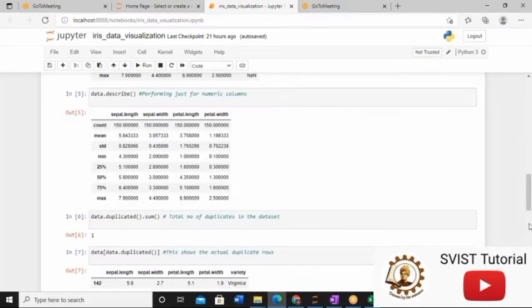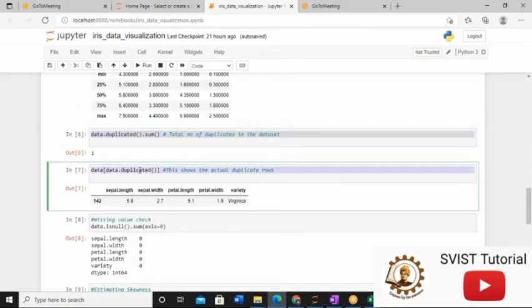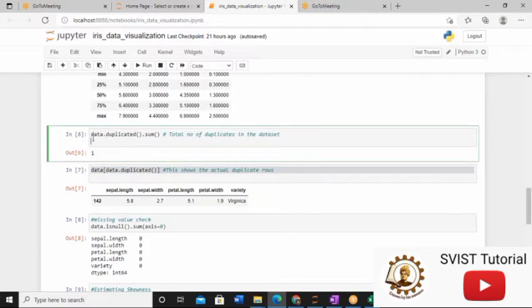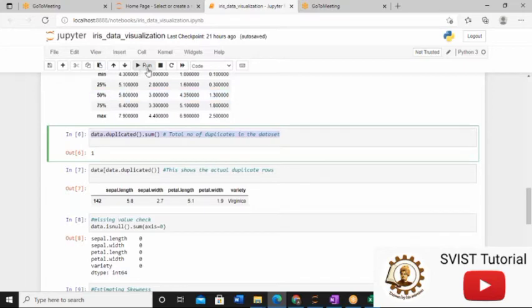Now we have some more discussion about this data analysis. It's the data visualization part, which is very, very important. So see, I have written some specific functions, and first this one: data.duplicated().sum(). Here I'm just going to find how many duplicate values we have in our dataset. If I execute this line, it shows that I have one duplicate value.